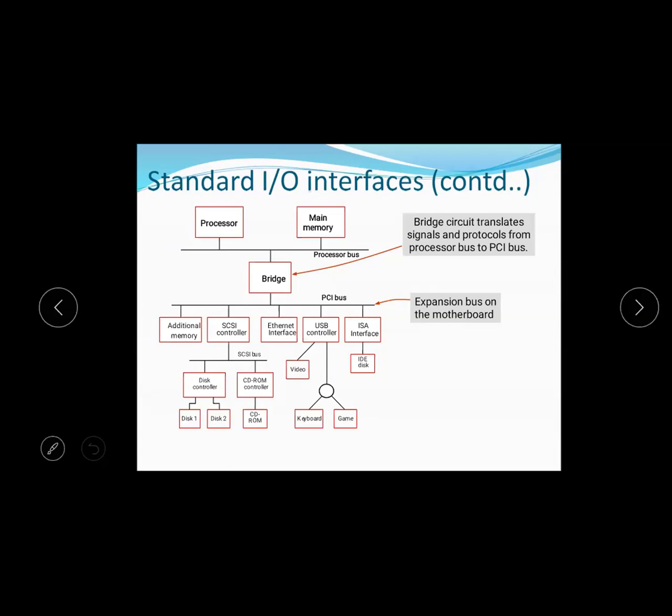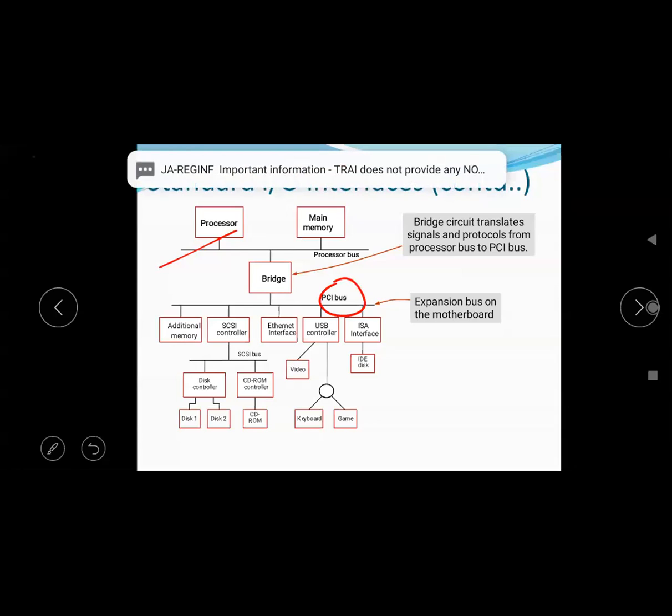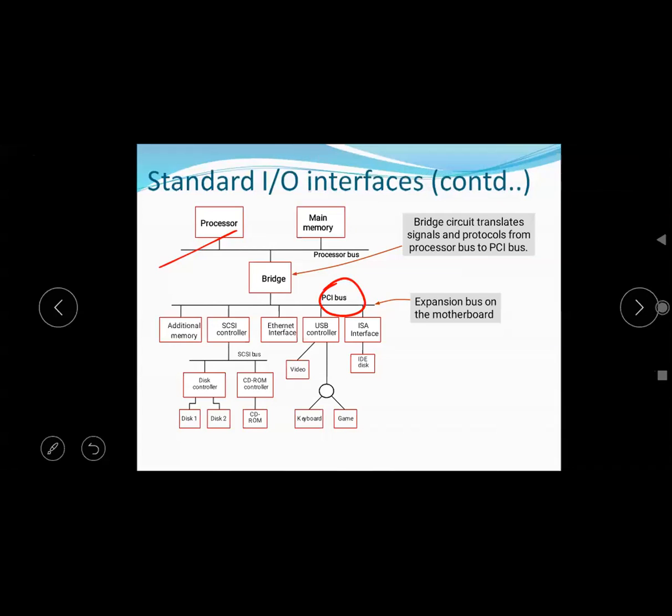This is the processor bus, to transmit the data between processor and main memory. The bridge translates signals and protocols from the processor bus to the PCI bus. This is the PCI bus, and this is the processor bus.